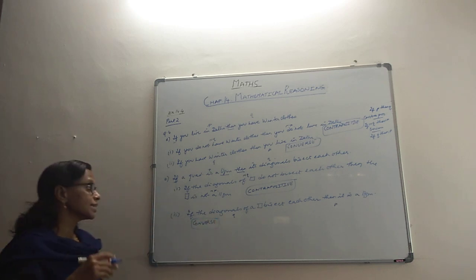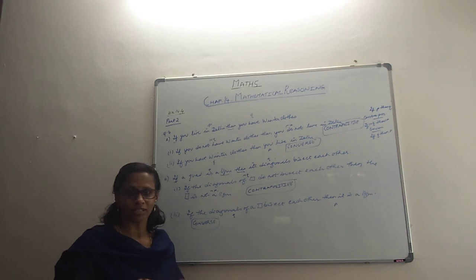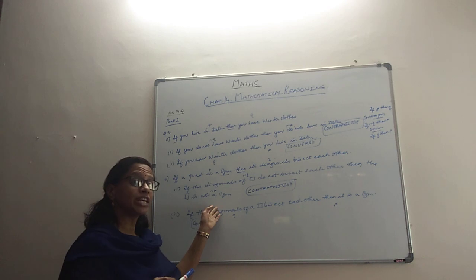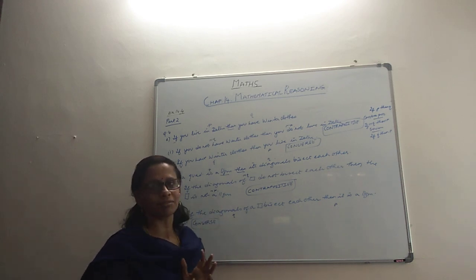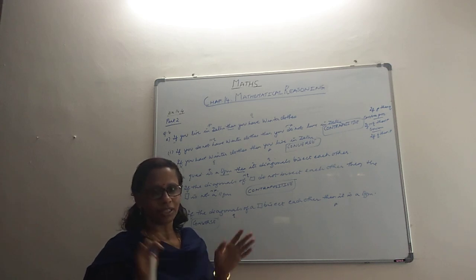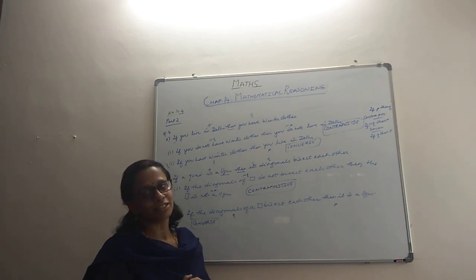But there are cases when they will put statements which are neutral. It's neither this nor that, with a little bit of alteration. One side will be negative Q and the other side will not be negative P. So you have to be careful. It's not that it will always be like that. Only when you are clear about the order are you able to trace it out. So that's all about this, and that's all about the exercise.